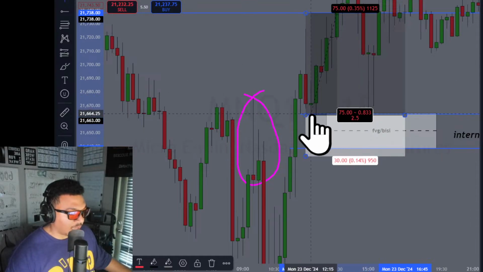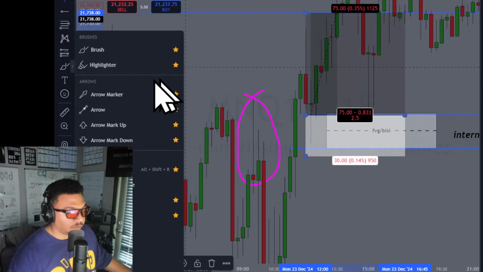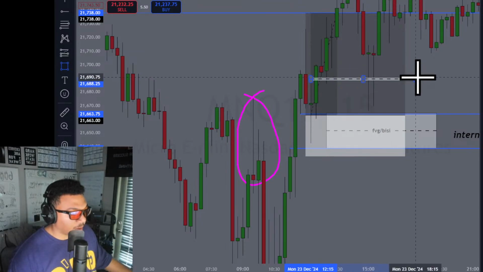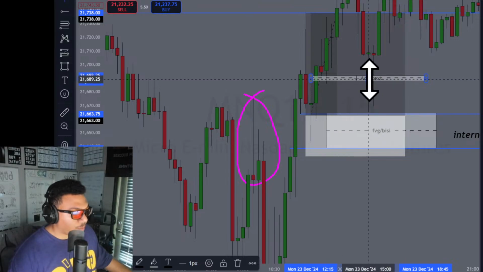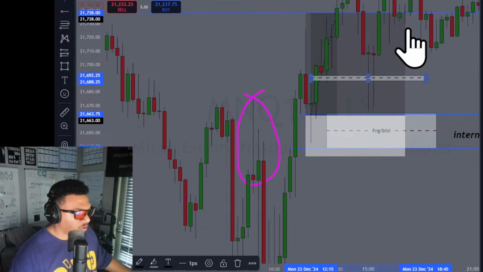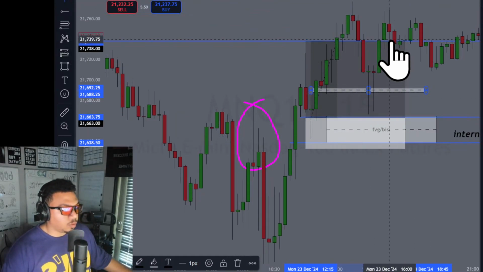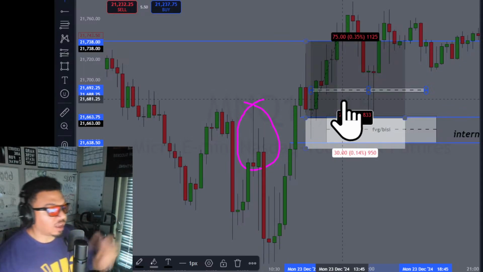Mind you, that happened, you can enter here. Price came back, you can find another entry because again, there are multiple inefficiencies. Inefficiency is that internal liquidity I was talking about. Here's another one that you could have used, probably on a lower time frame. Price respected this one, even though it tapped through it, it respected it and closed above. So there are multiple attempts you could have had to target this level of liquidity and frame out a trade. The point is you've got to understand internal to external.